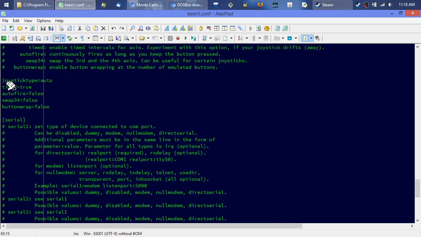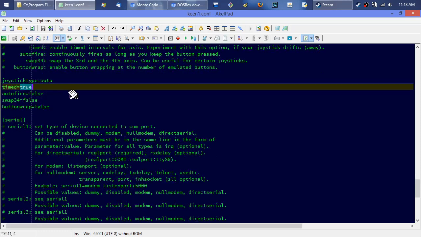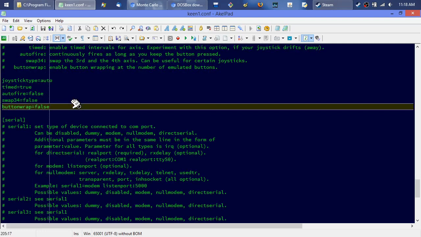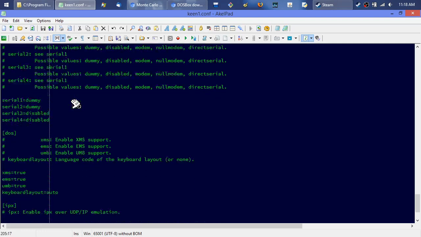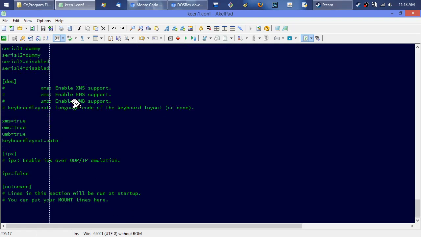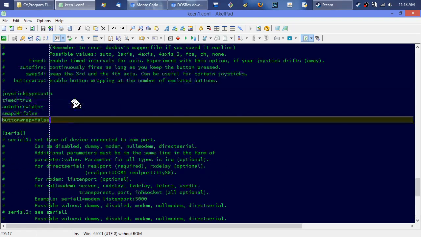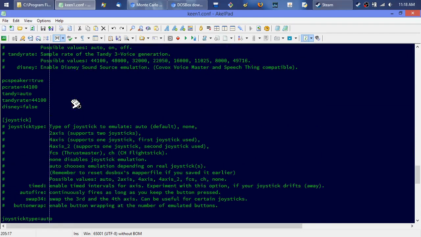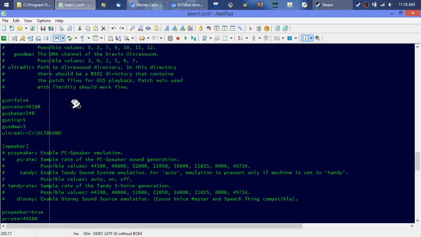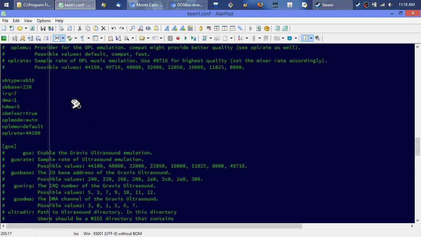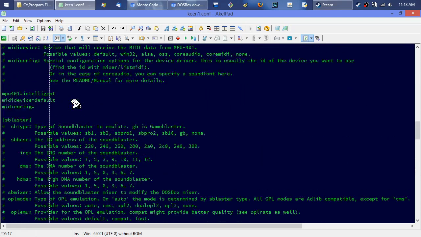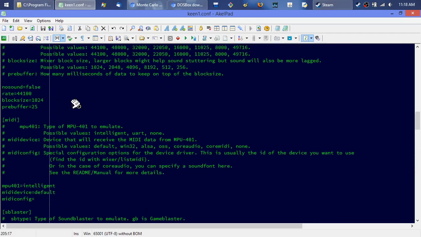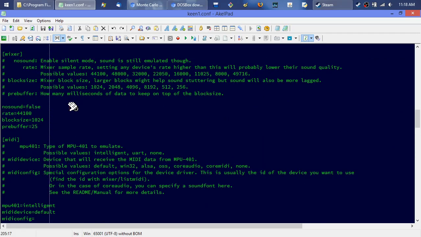So in this time true is something to remember. I didn't have to ever switch it, but if you have issues, you might want to switch that one and see what your results are. All the rest of this is just stock. So basically there's your joysticks, what you want. PC speaker, no Gus. Sound Blaster 16 with 44100. All these are 44100. This block size, I do that down to, I think, 4096, which to me